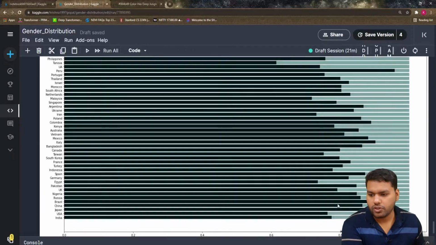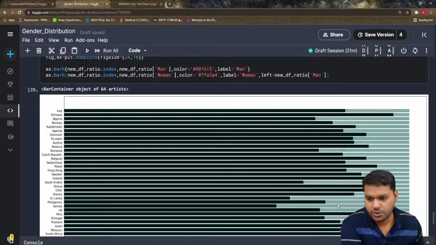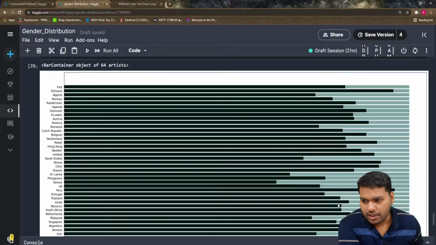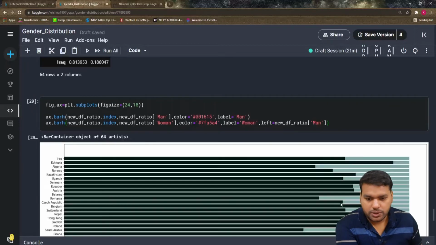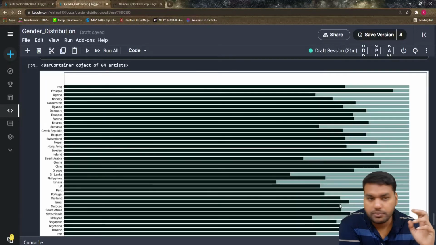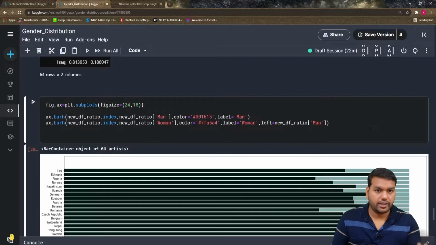Okay, so this is what we get, but this looks very horrible. After seeing this graph, two things come to my mind, because we human beings are not able to generalize this many countries in one picture. So what I'm going to do is only consider the top 10 countries. For the annotation, again I iterate through the index of this data frame.